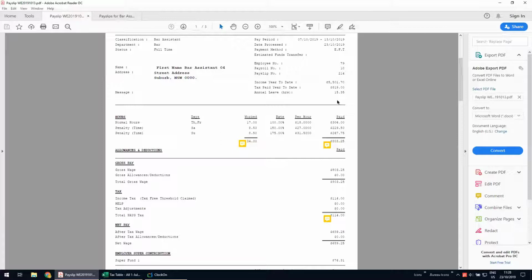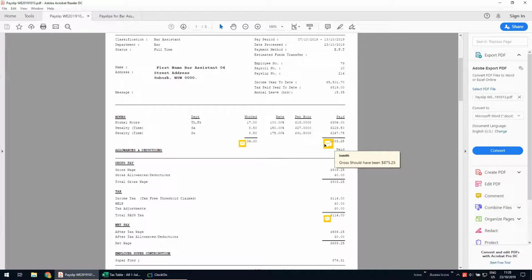So if I printed off a pay slip, I'd look at the hours here, and so he's missed 4 hours, so I need to add that timesheet in, but I need to work out how much that pay is to add it to the gross. So missing 4 hours, that's an extra $72 that I need to pay him, or her, sorry, on this particular one here. So the gross should have been, with that extra 72,